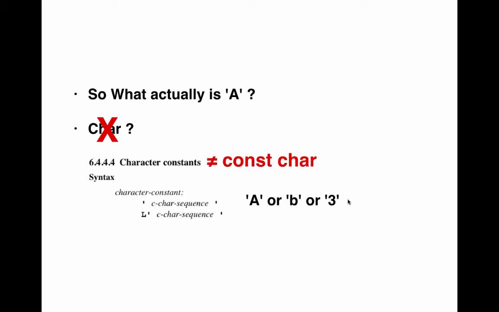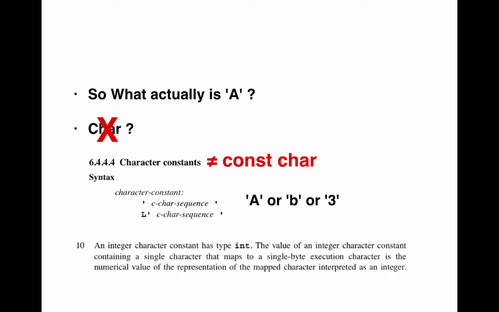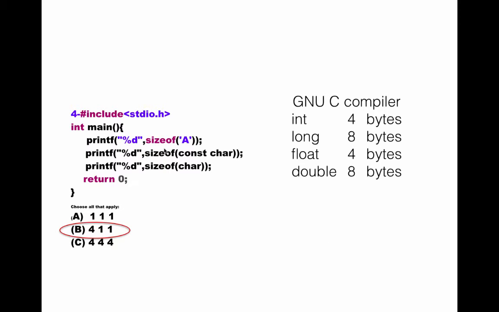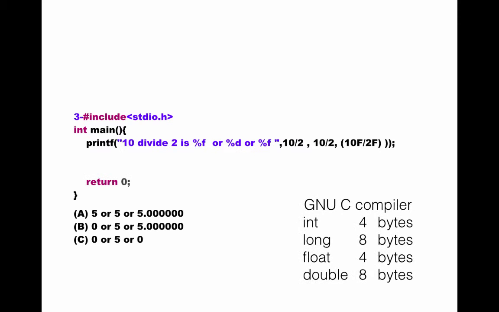The C standard, ISO 9899, calls this a character constant, and it gives a note on this and says that an integer character constant has a type of int. So the size of int is 4. So in the last question, this has the size of 4. So it's 411. But let's continue reading about the